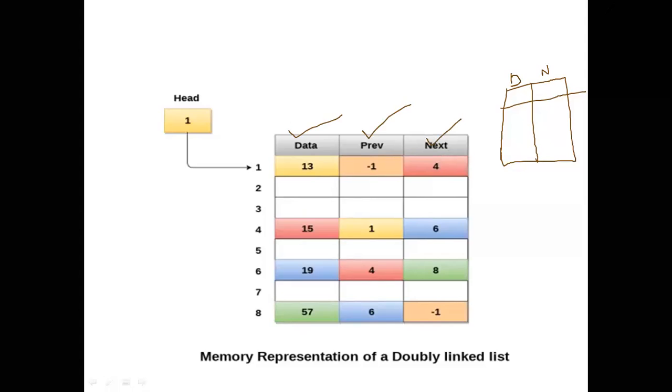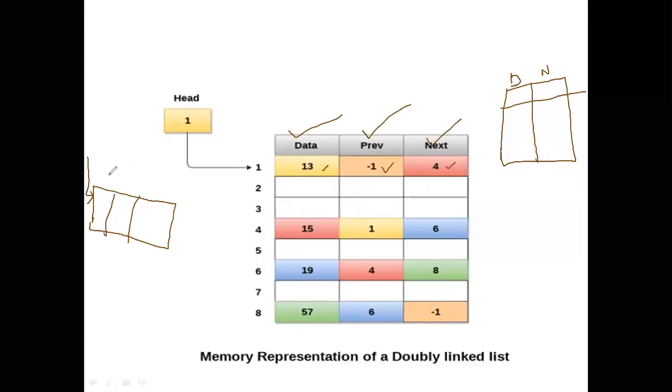Okay. For example, your first node is like this. First node may be the header. What is the previous here? You see these three values and tell me the representation here.